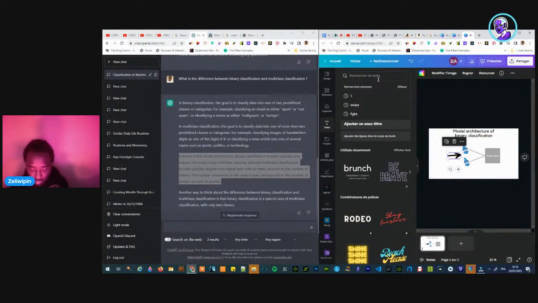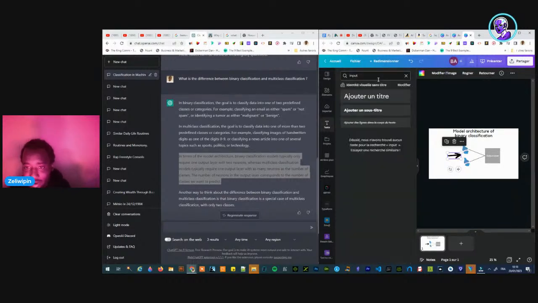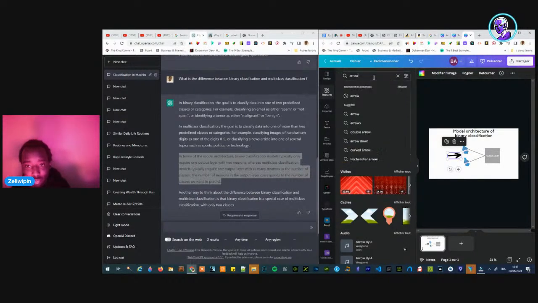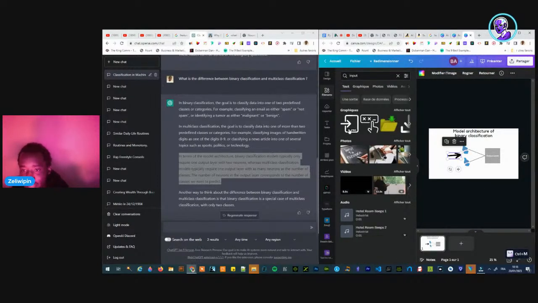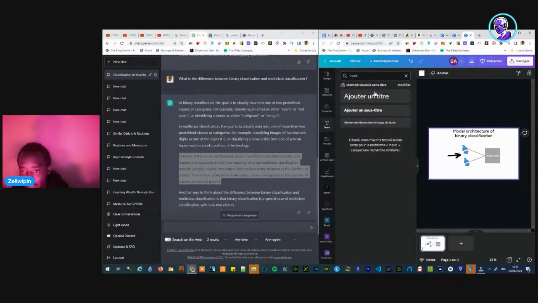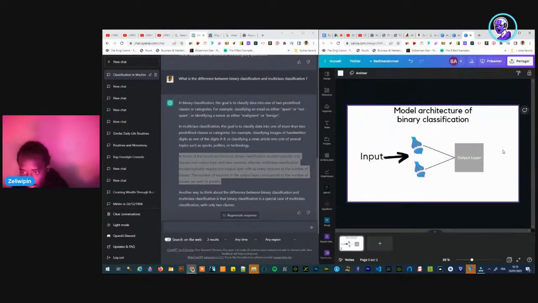And then we'll search on Google how bad is my drawing or how good it is, because it's all intuitive here. I've never seen how they represent it, so it's really intuitive. Input, boom.